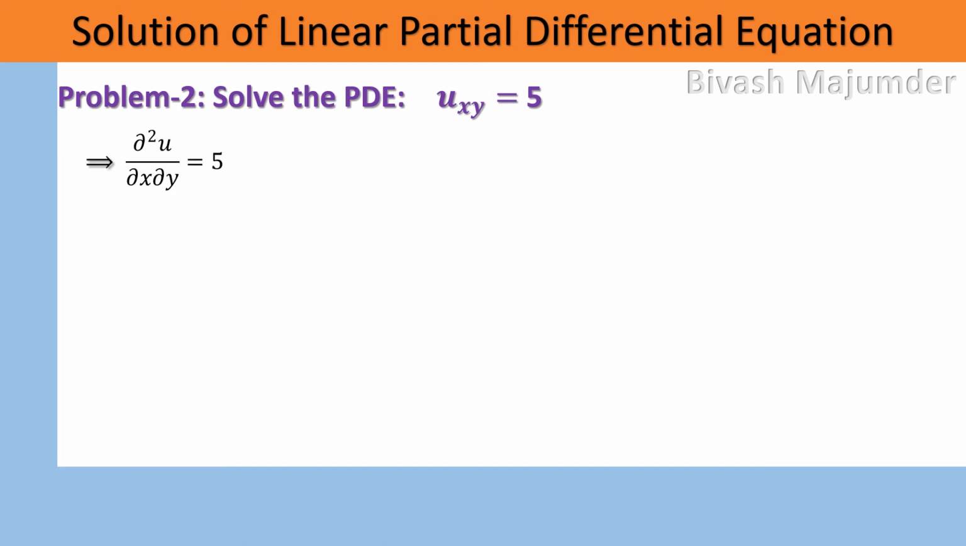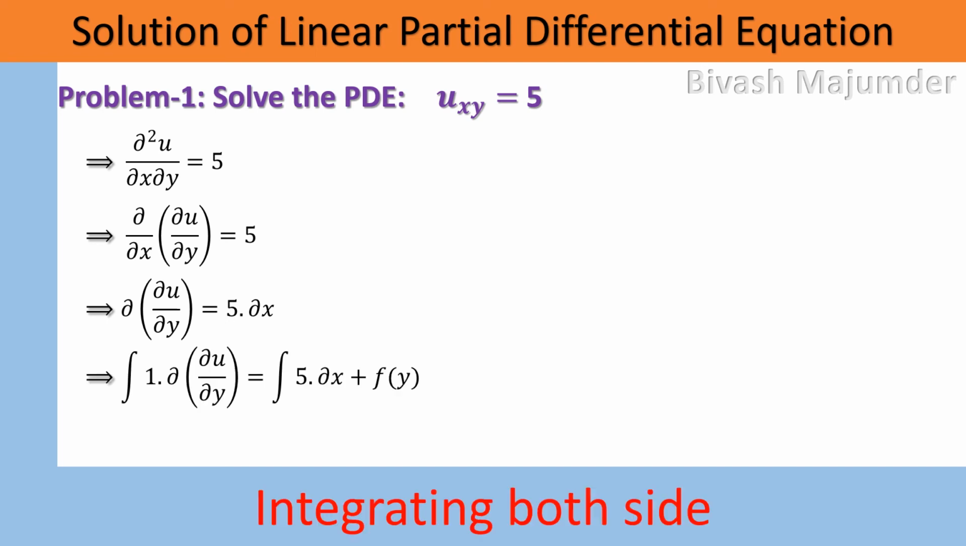Now uxy equals 5, which implies ∂²u/∂x∂y equals 5, which implies ∂/∂x of ∂u/∂y equals 5. Again it implies ∂ of ∂u/∂y equals 5 times ∂x. Integrating both sides,